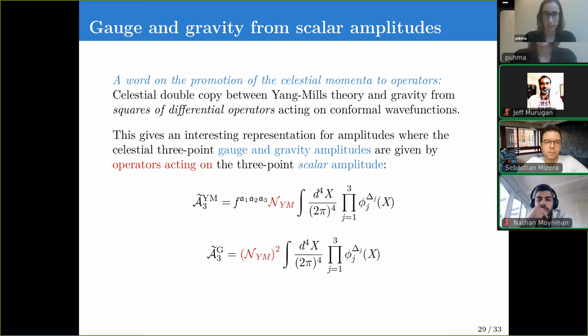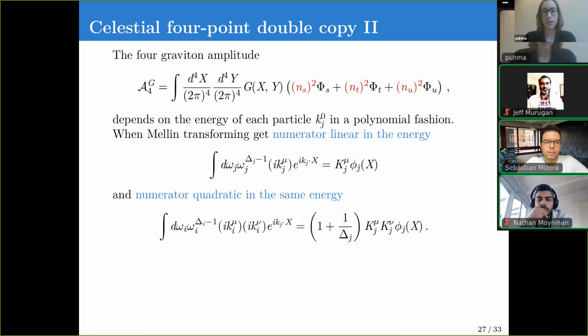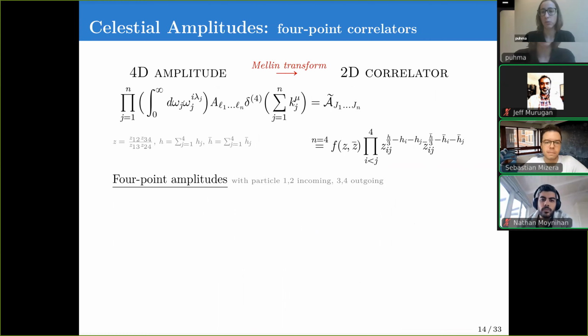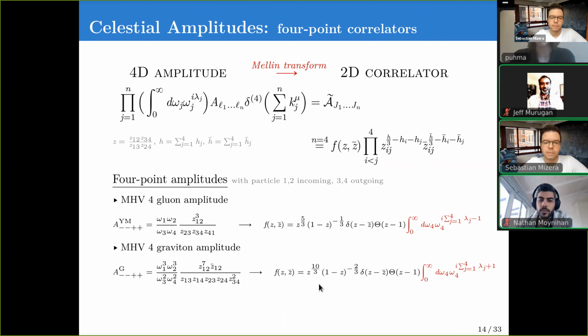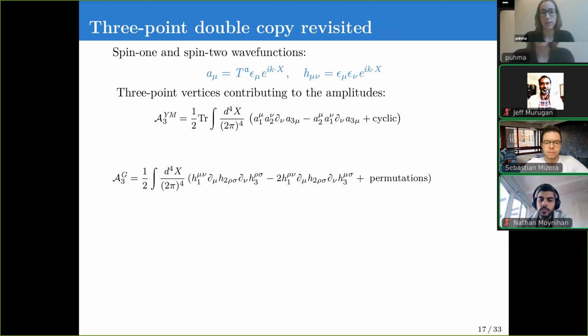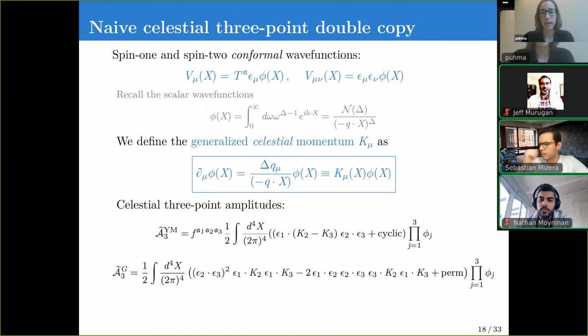Well, let me say this. Once you use the momentum conserving delta function and you compute celestial amplitudes such that they look like correlation functions, this becomes harder the higher you go in points, because for lower points you have delta functions that you can use to perform the integrals, but as you go higher in points, you actually have to do some work. But there exist expressions. We don't want to do this here because we don't want to explicitly use the delta function. So I would just really use this representation, and when you try to Mellinize the higher point amplitudes, use this fact that